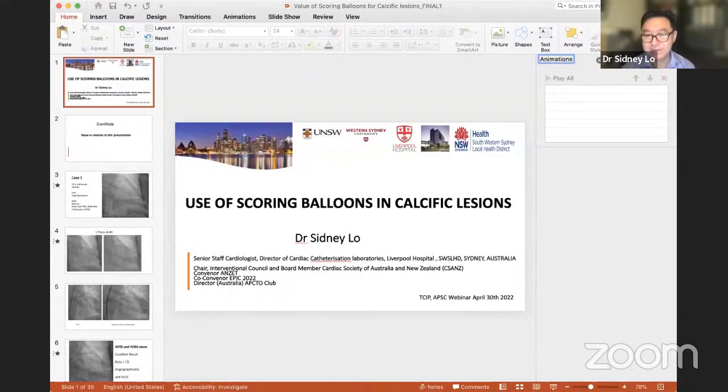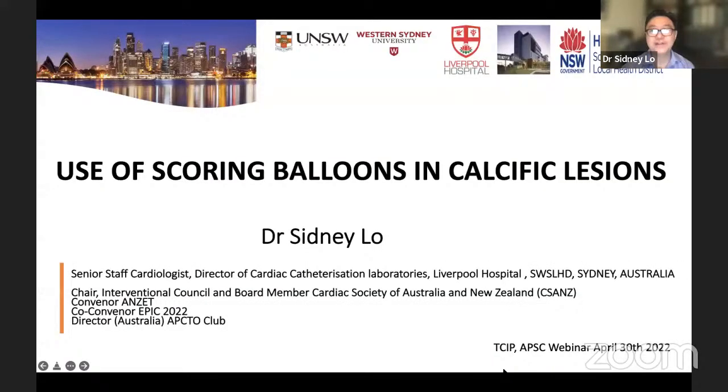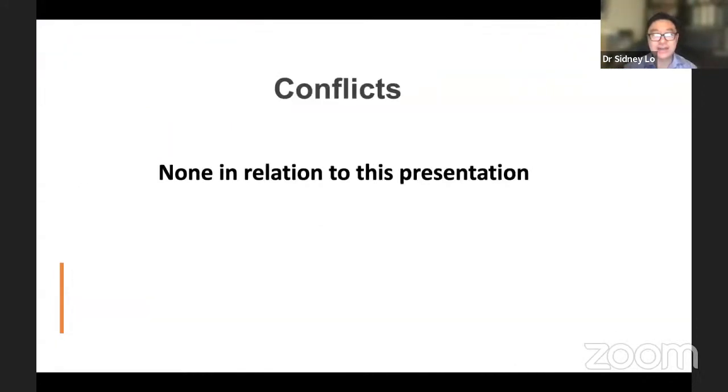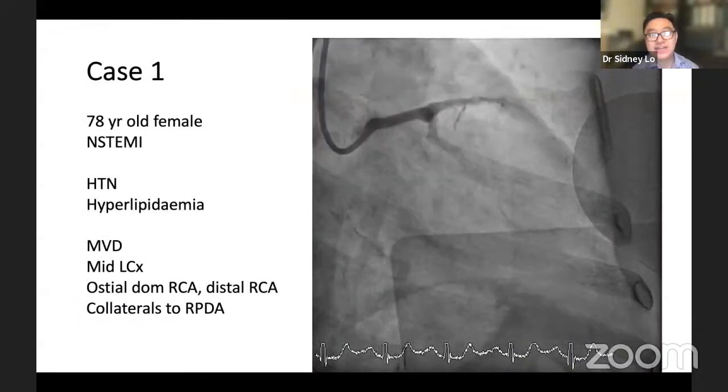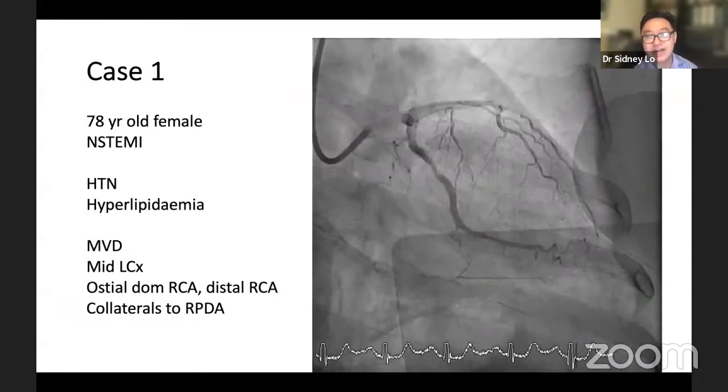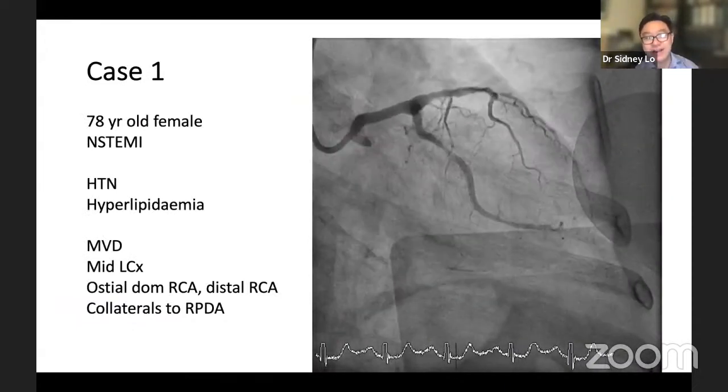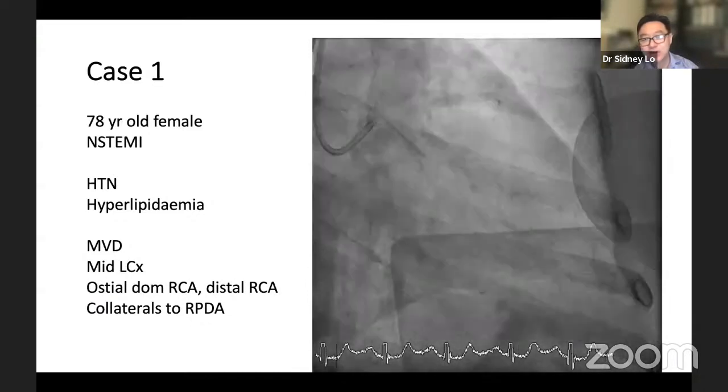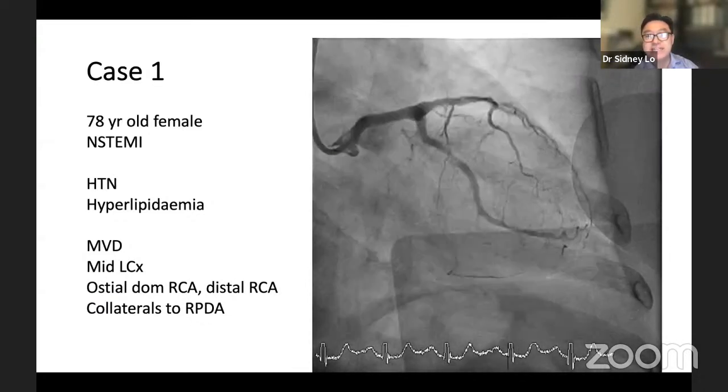Look, I am going to be hopefully fairly brief. Thank you very much for the invite, and bringing me up at the back end of the meeting. Talking about scoring balloons, and no conflicts. I have to say that I have to look back. These are historical cases. But looking at it, I think the practice has been that scoring balloons have largely been replaced by the use of